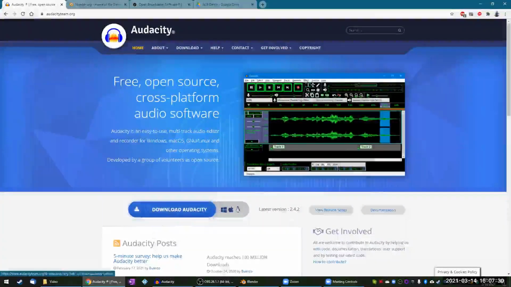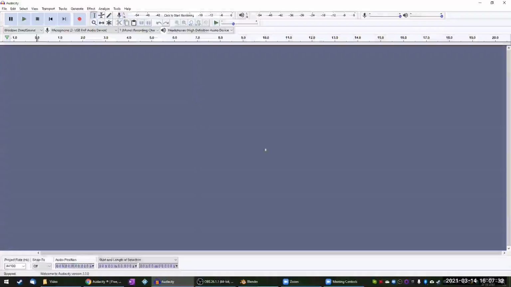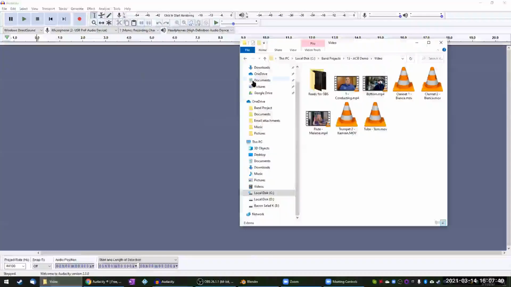So I already have it installed, and this is where you start when there's nothing going on yet, a brand new project. One of the great things about Audacity, and I actually only just recently learned this, is you can drag video files right into Audacity and edit the sound directly from there. Previously, I was having to strip the audio from the video file, and that required another set of tools, and it was just a big mess. But a friend of mine showed me how to get this into Audacity.